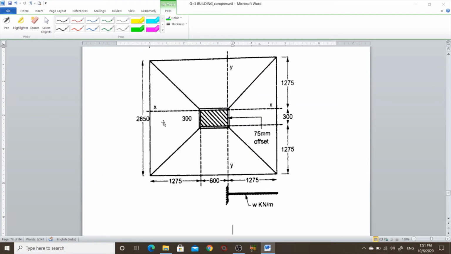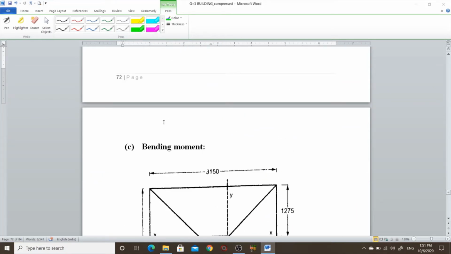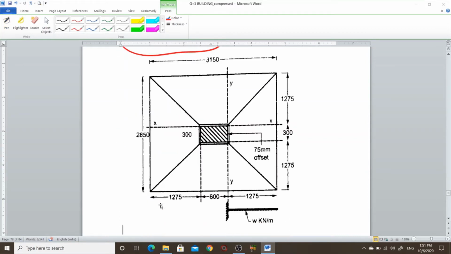Okay, so from the net upward pressure we can find out the bending moment. Here is a figure. The bending moment is maximum at the face of column, so to find the maximum bending moment, we have to find the bending moment at the face of column.